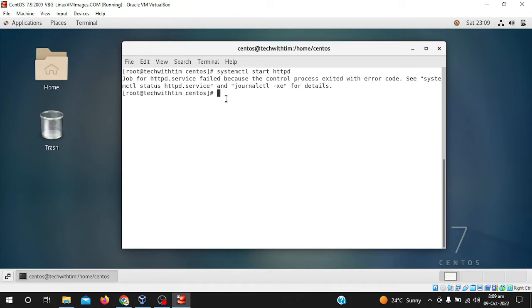So the simple step is, the best solution is to remove httpd and then install httpd. yum remove httpd. Make sure you must be logged in as root. If you don't know how to log in as root, simply write su, switch user. So I already did it. So I am in root privilege, and now I will run the command yum remove httpd and simply hit the